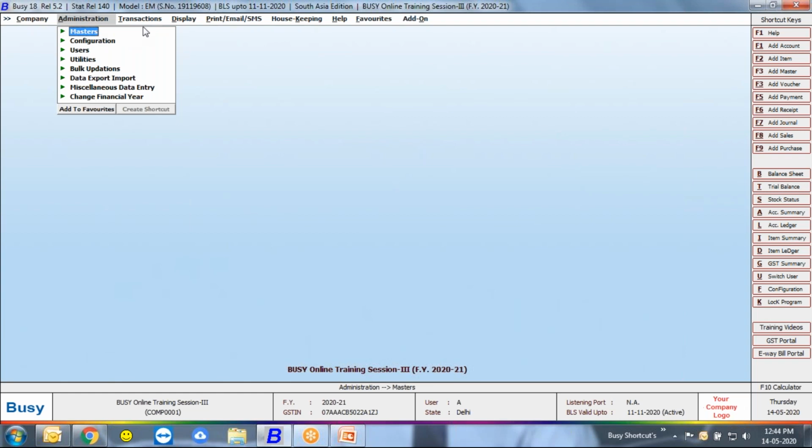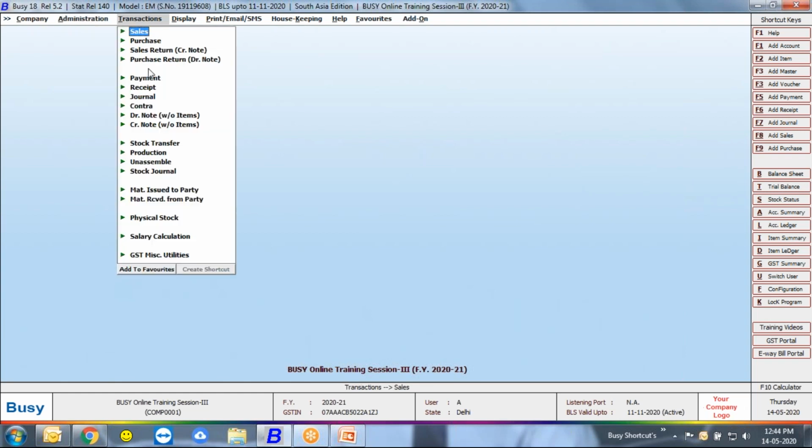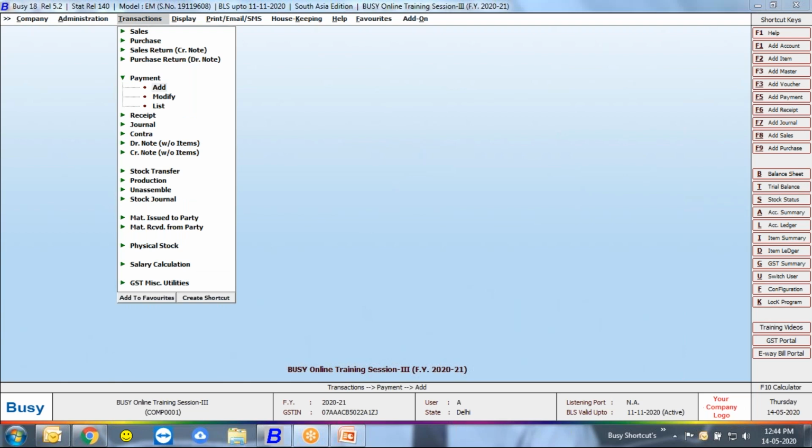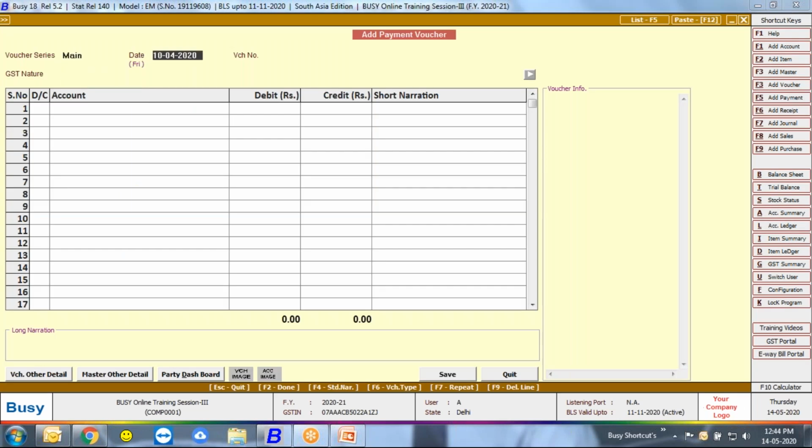Now the concept is transactions, payments. When you incur any expense on budgets, just select the advertisement publicity expense, and I said it's 11,500 for April month.